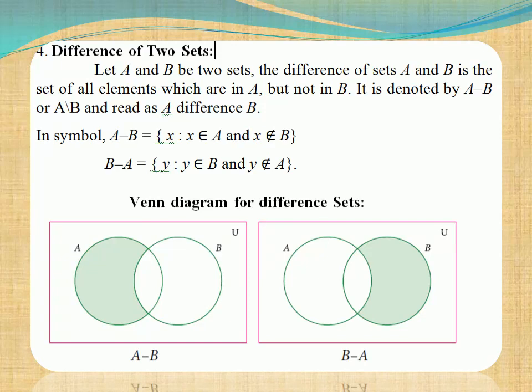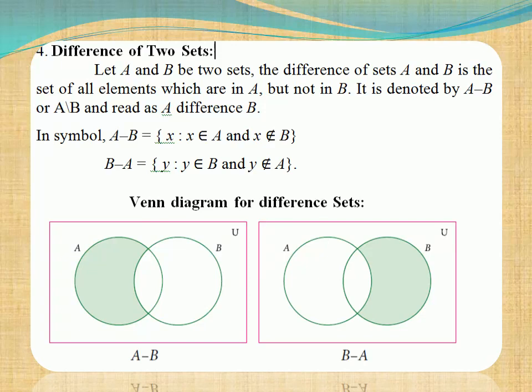This is the same as the A complement we already studied, that is U set difference A, here A set difference B, that's all. Difference of two sets means we are taking two sets A and B. A set difference B means the set of all elements from A, where we are subtracting B from A. We have to cancel the common elements from both A and B and write the remaining elements from A. Here, using a Venn diagram, I will give you the clear explanation.